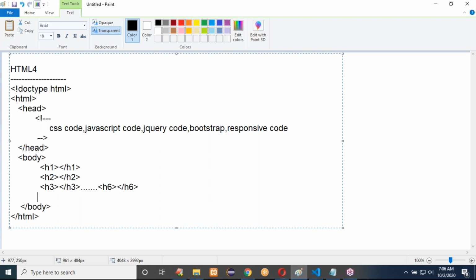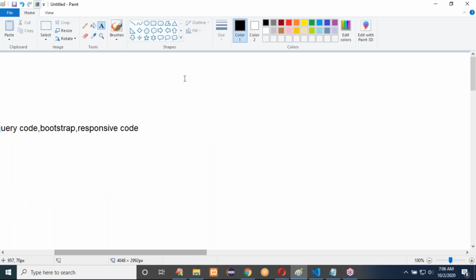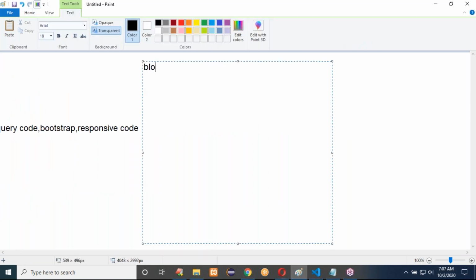And if you write a paragraph tag, normally the paragraph tag will display the same type of font. This H1 tag and paragraph tag come under block elements. Whenever I write this tag, it always starts on a new line of an HTML page. In the same way, we also discussed inline elements. In HTML we have block elements and inline elements.